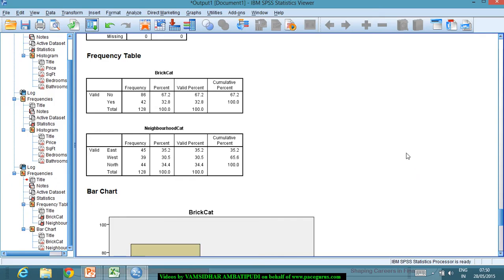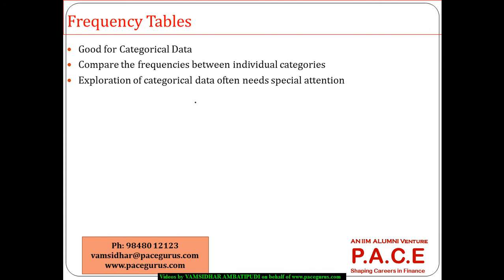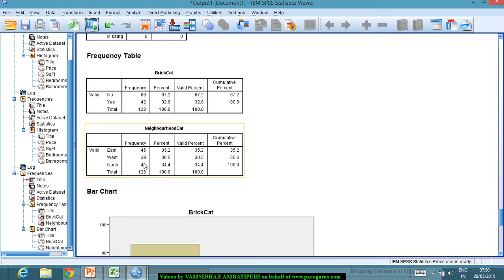But all of them, if you don't have access to any powerful statistics tool, the same thing can be done using a spreadsheet as well. So it's good for categorical data. It is used for comparing the frequencies between the individual categories. So here I can directly say, okay, the majority of the houses are facing east. There is no house which is facing south, and almost 67 percent of the houses do not have any kind of brick walls. Different kinds of quick interpretations I can make from the data by looking at this frequency table